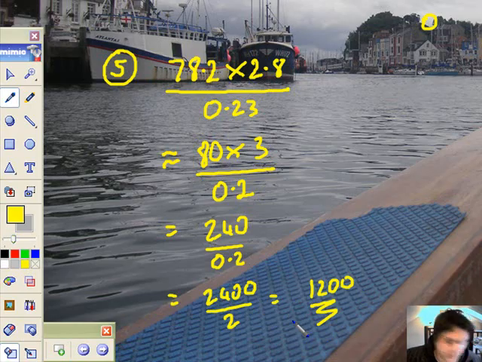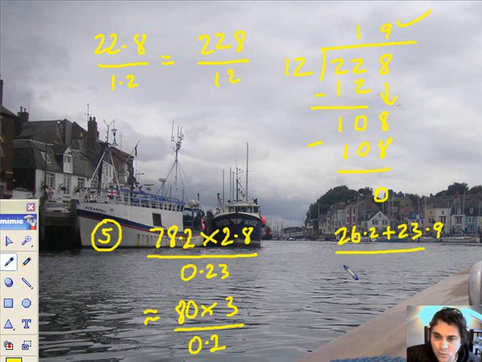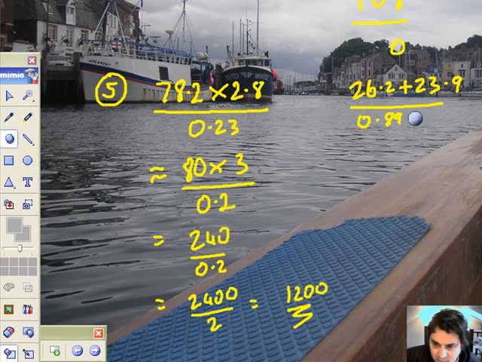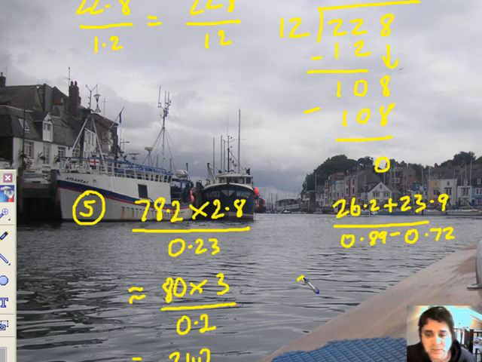Let's just do another one. Let's just do C, and we'll finish off. You've got the idea now, haven't you? So we got 26.2 plus 23.9 all over 0.89 plus, minus, going too quickly, minus 0.72. Alright, again, working by the rules, playing with one significant figure,